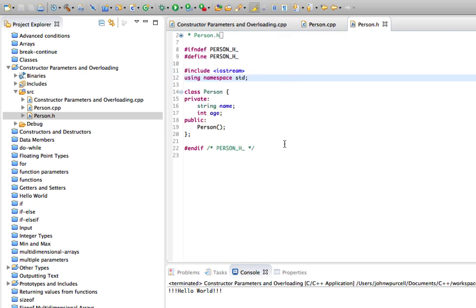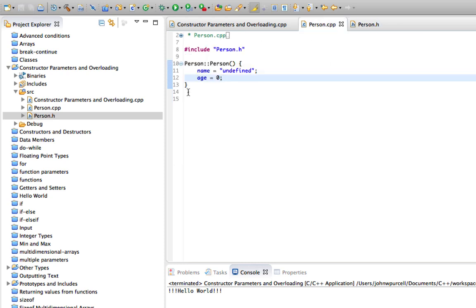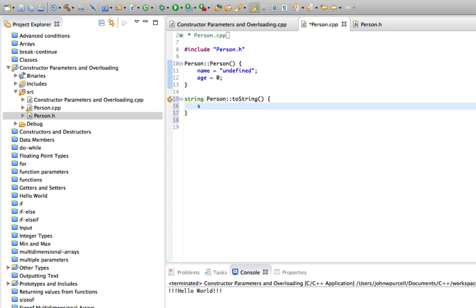I also want to give this a method that enables us to see what's in the class. So let's give it a method which I'll call toString, so that can return a string that represents the class's data. And if we go to person.cpp, I can implement that. So let's say string Person::toString, and I'll use the stringstream class that I showed you in a previous tutorial just to build up some information about this